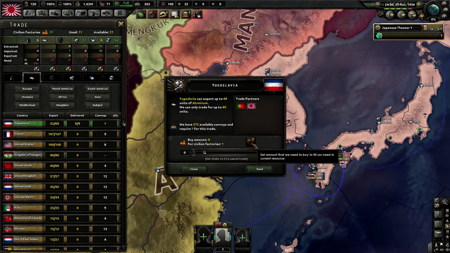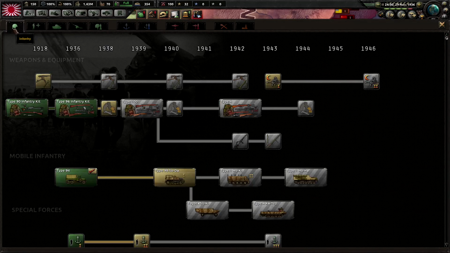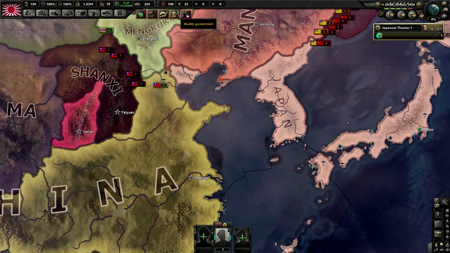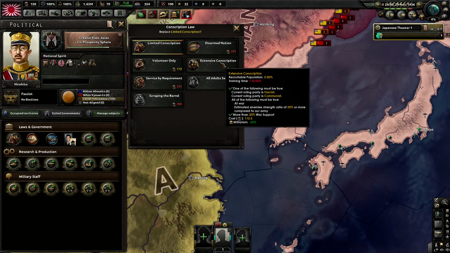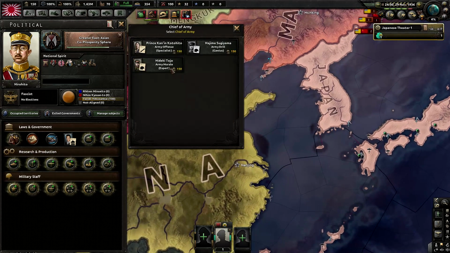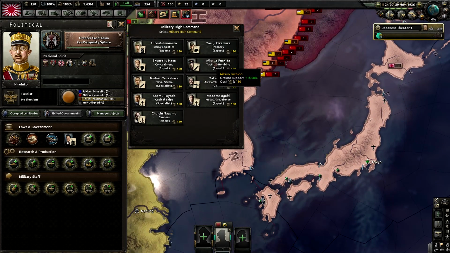Mechanical computing, alright. A little bit more aluminum from Yugoslavia. Now we're going to go over here. We're going to get our upgraded infantry equipment to give us more defense and breakthrough. Modify government. Let's go ahead and get... Actually, I'm kind of debating between extensive conscription or division soft attack. Let's see. You know what, actually, I think...